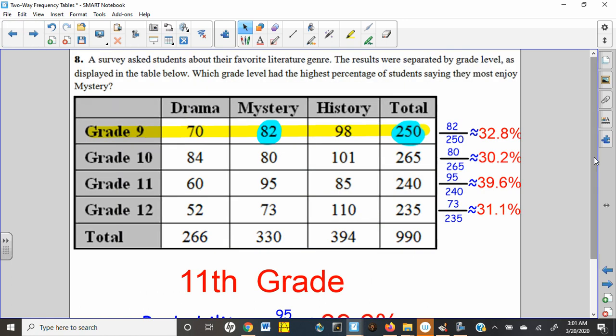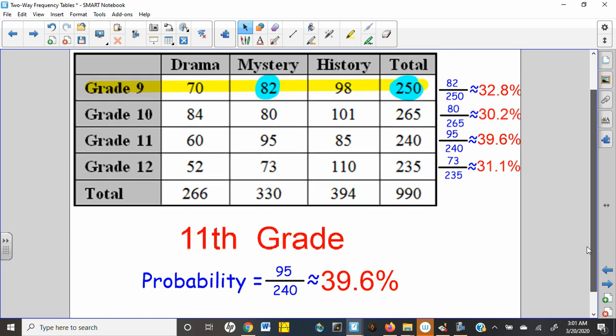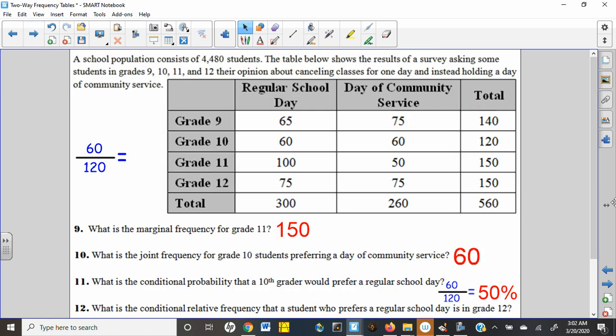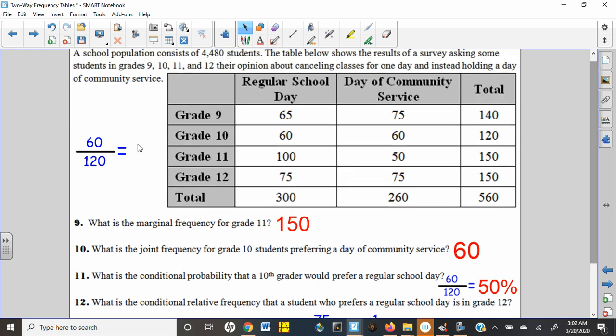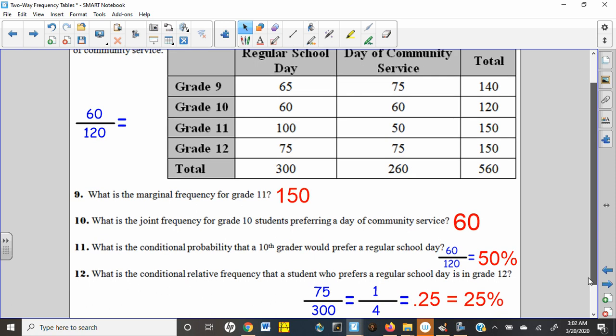Number eight did ask for the highest percentage among the 4 classes, and so you really could just guess one. You did have to go through each of the 4 classes and determine those different probabilities, and then it did turn out that the junior class had the highest. Numbers 9 through 12 dealt with this table. And there are those 4